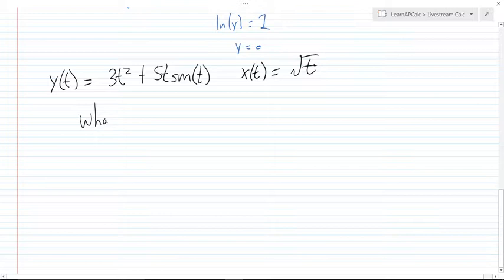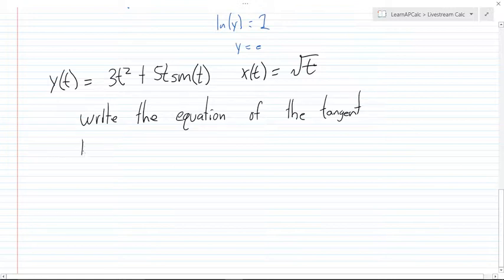Write the equation of the tangent line at